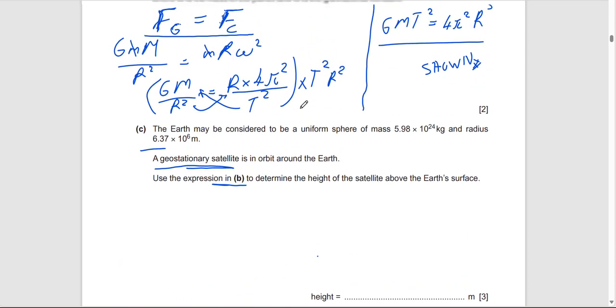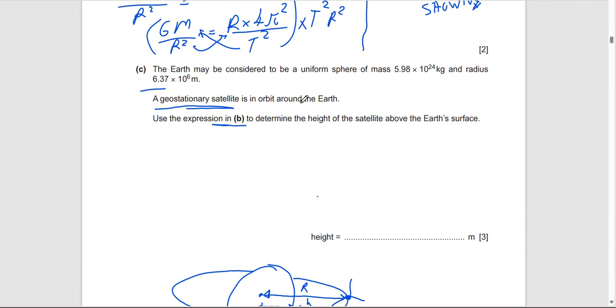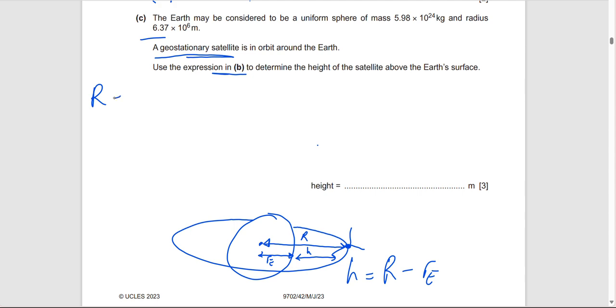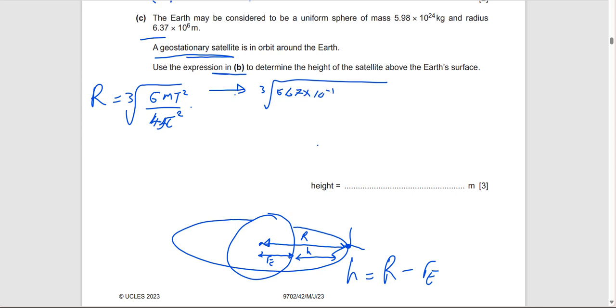And we know how to calculate R. We just rearrange this formula. And when we do so, we get R is equal to the cube root of GMT squared over 4 pi squared, just like that. This is G. Then we substitute in the values that we have. We have the cube root of 6.67 for the value of G by 10 to the negative 11, multiplied by the mass of the Earth, which is 5.98 by 10 to the 24,